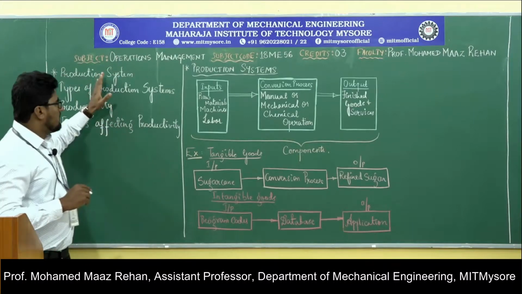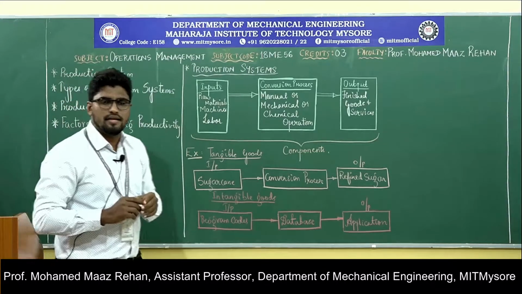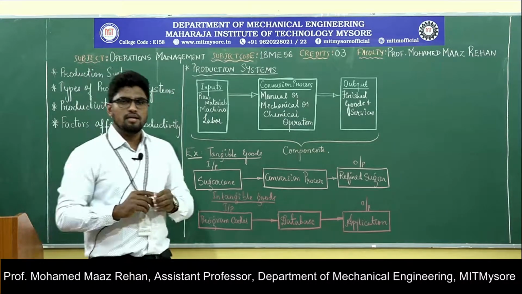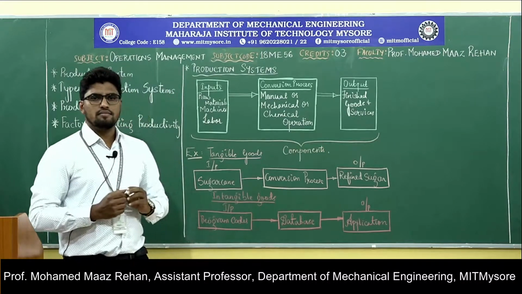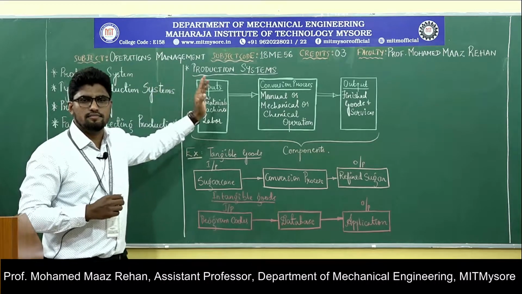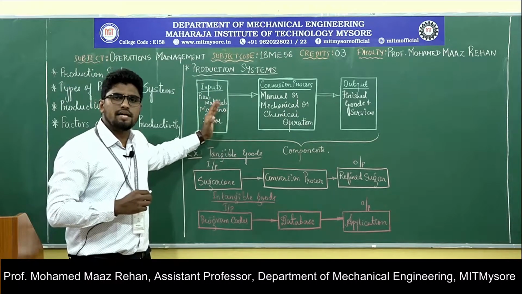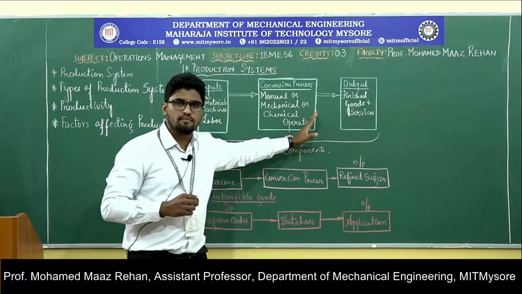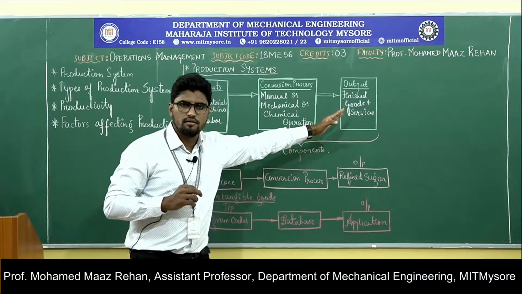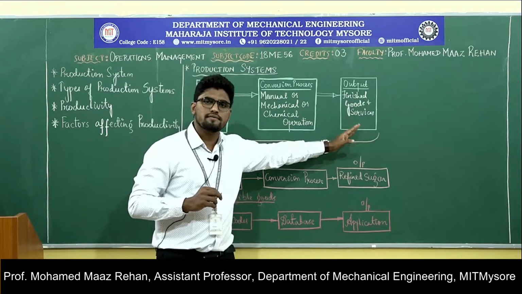Okay. So before moving on to the types of the production system, we shall understand the meaning of manufacturing system as well as the production system. So the main difference is that manufacturing system is conversion of raw material to a finished product. Here in manufacturing you will have the end product as a product, whereas in a production system you have finished goods as well as the services.